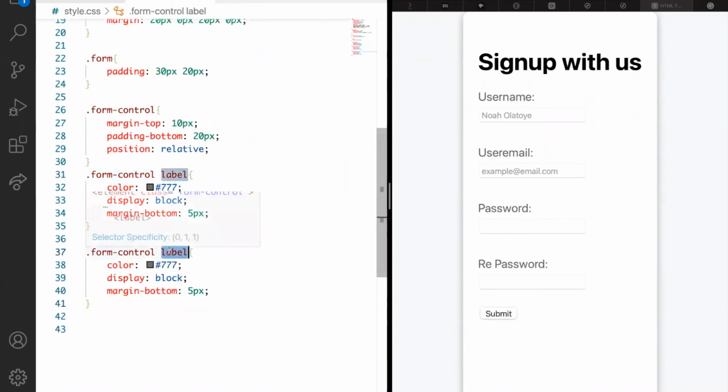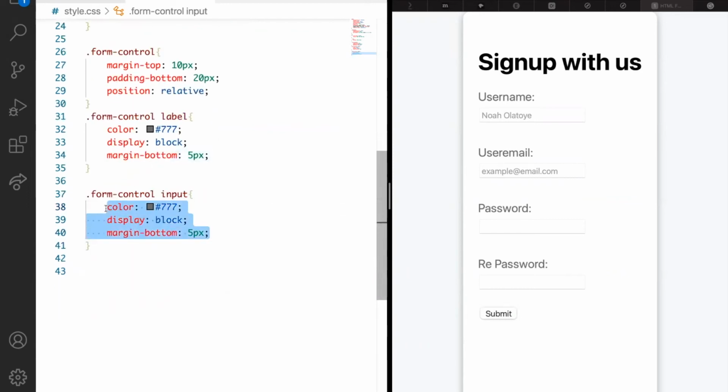I'll just change the input. Yes. Now, let's change out the declaration. So we want all our input to have a border and a border color. So let's try it out. So border,